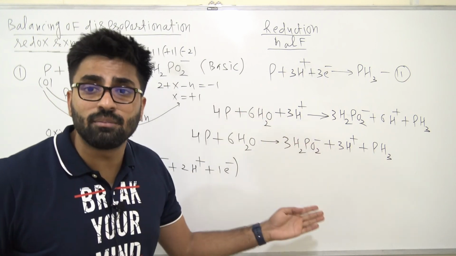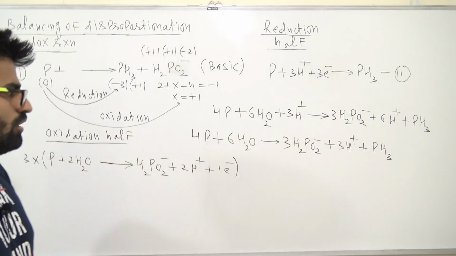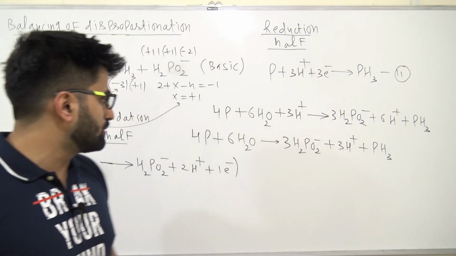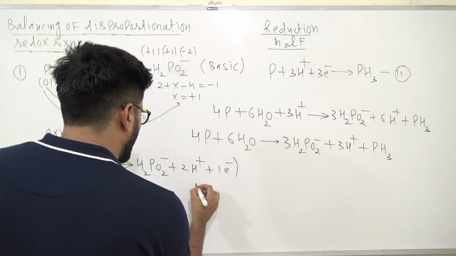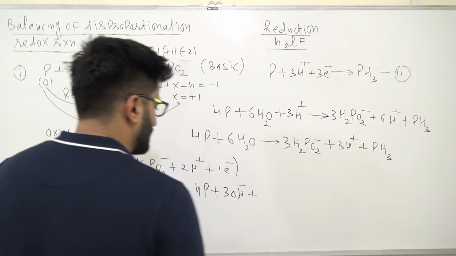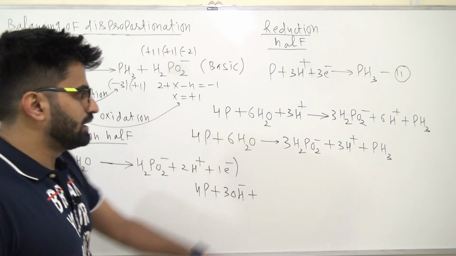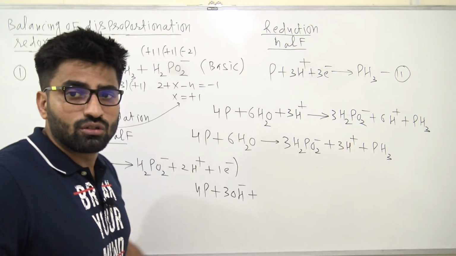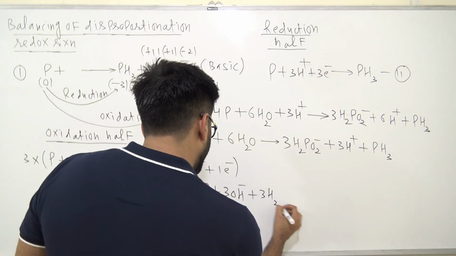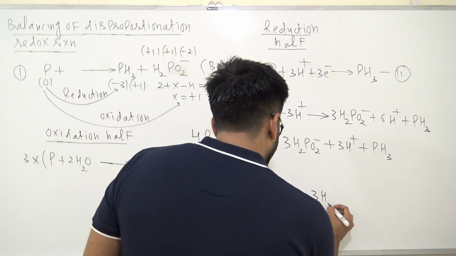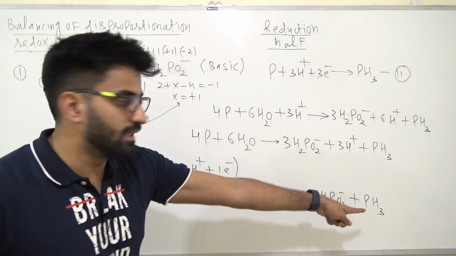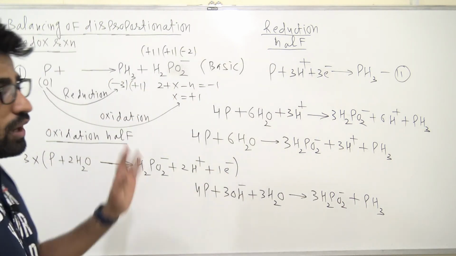This balancing is in acidic medium. Now we have to convert it to basic. So you guys are pro now. You know how many H plus are there? There are 3 H plus. So I need to add the same number of OH minus on both sides. So I will add 3 OH minus, right? So 4P plus 3 OH minus. Now see, I'm directly doing 3H plus and 3 OH minus, so that will become 3H2O, 6H2O and 3H2O. Can I write 3H2O here? And guys, 3H2PO2 minus plus phosphine. Okay guys, so this is my required balanced equation.